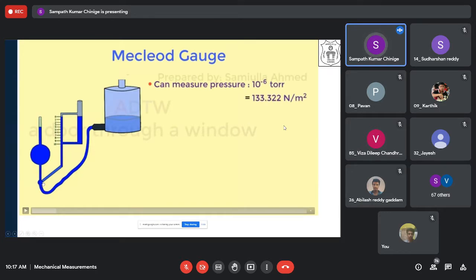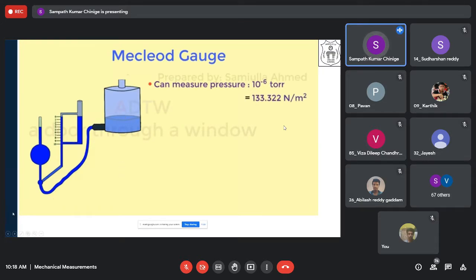This point is very important, and we call it the observer point O. Then this is connected to another capillary tube. The area of this capillary tube and this tube are both the same. We have this kind of channel connection, and there is a bigger diameter tube over here, which is directly connected to the unknown pressure. So this is the pressure I am measuring. Whatever device for which I am finding the vacuum pressure, that side we connect to this. This can be lowered or taken to height.